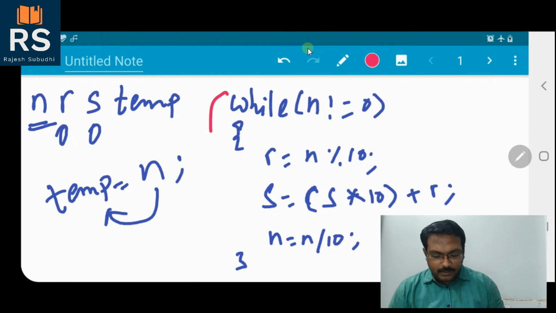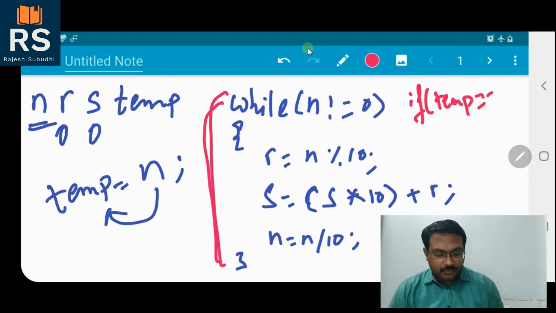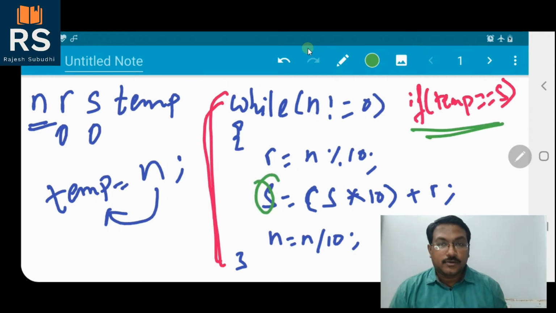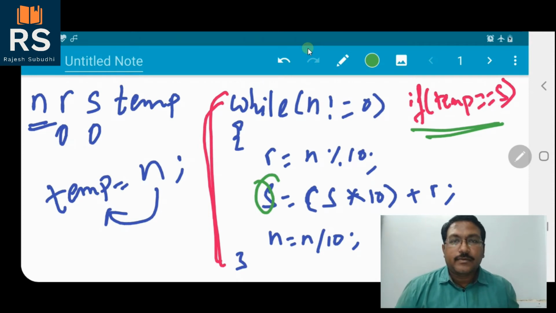When this while loop ends, we will check if temp is equal to s, because in s we will get our reversed number. If temp and s are equal, then we can say that the number entered by the user is a palindrome number.